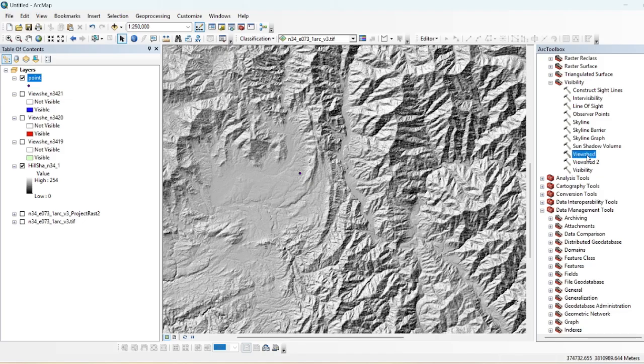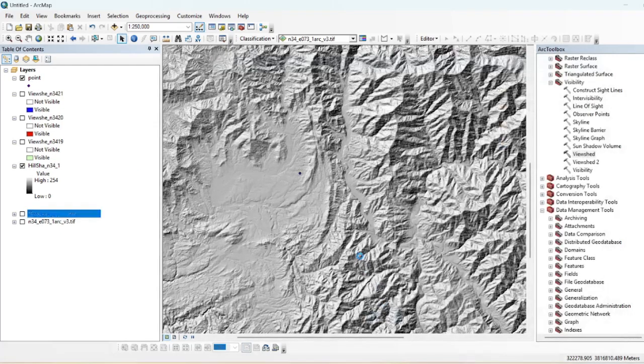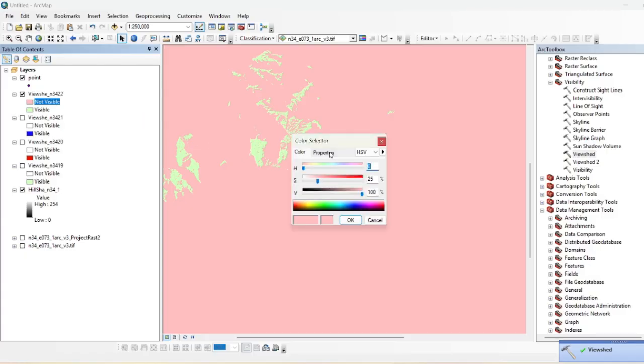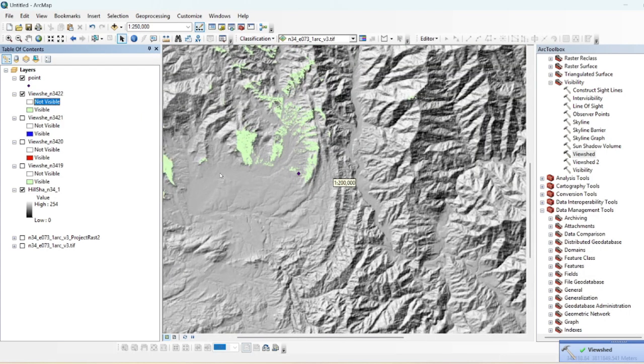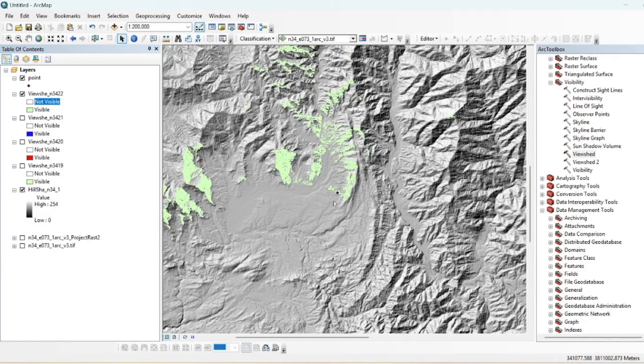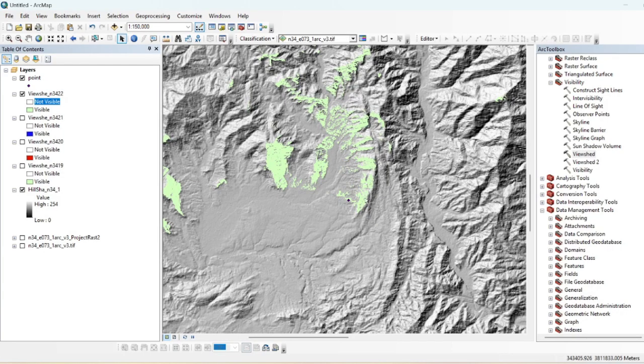So now let's run viewshed analysis again, and input will be your point data and then this raster dataset, and hit OK. Okay, so go to here and make it null. So now you can see that a man standing over there on the terrain can only watch the slope of this hilly area, but he can't see what is beside this hill.